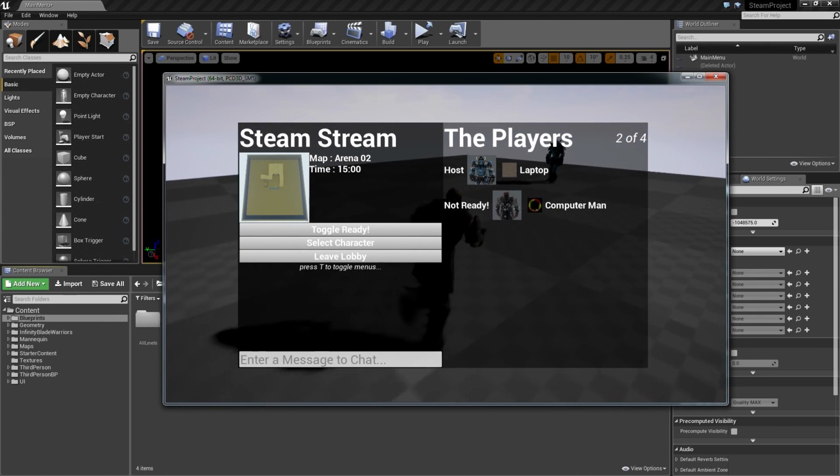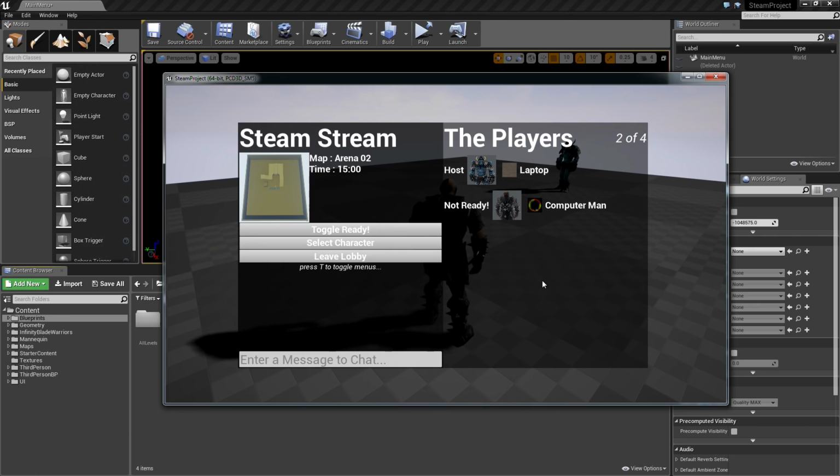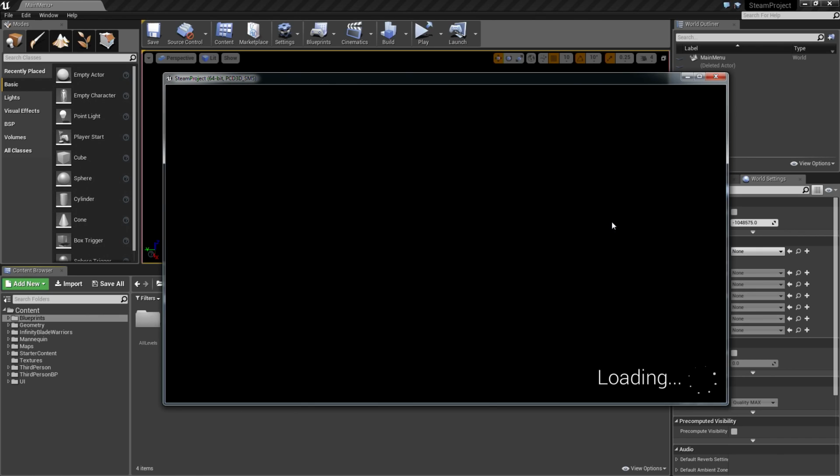And now as our server, we have the option of starting the match, even though players haven't signified if they're ready. When we get to that section, you can see how we set this up so you can prevent the server from actually launching until everybody has selected that they're ready. But it's completely up to you. So we'll just toggle ready just for the heck of it. Server knows that we're ready. Server can then launch the map